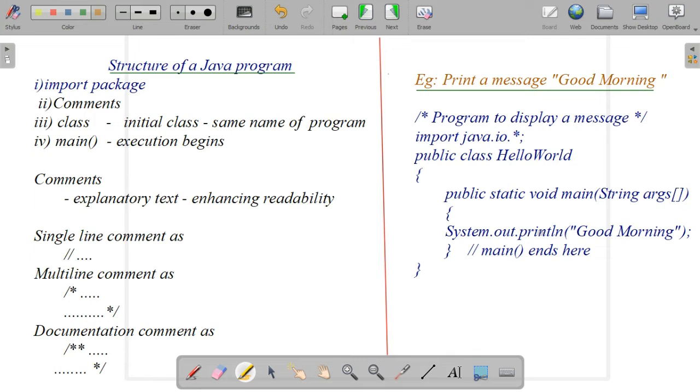So next, let's look at the skeleton of a Java program. A program has different components or parts. Here we can check an example to print a message, good morning. Last year you have done several Java programs, you know how to write and execute them in the BlueJ platform. Here I have given a small example, a simple Java program to print a message,